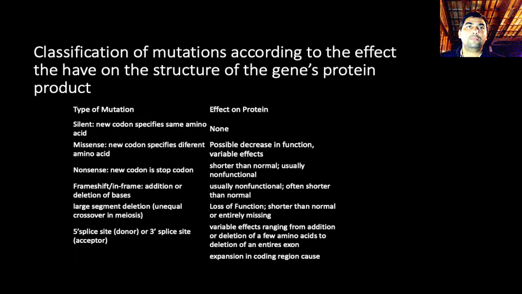5' splice site donor or 3' splice site acceptor mutations result in effects ranging from addition or deletion of a few amino acids to deletion of an entire exon. Expansion of the encoding region is called